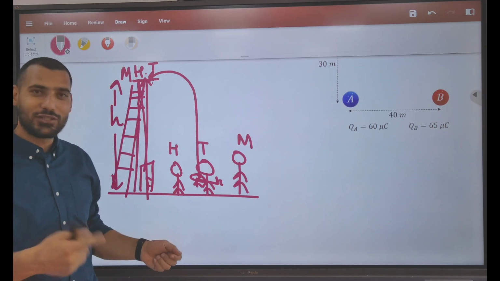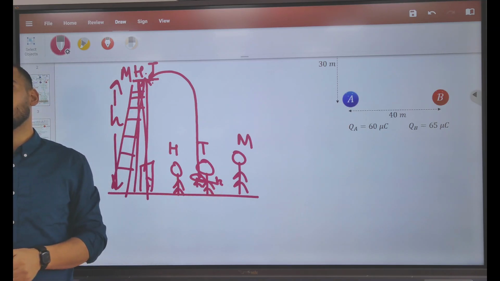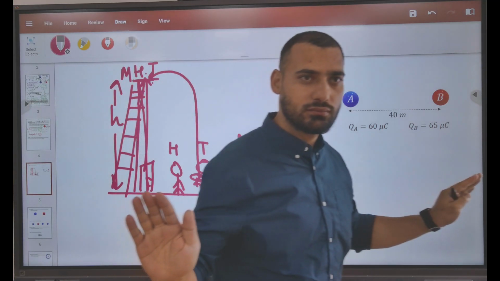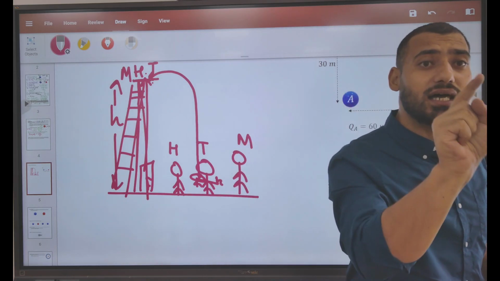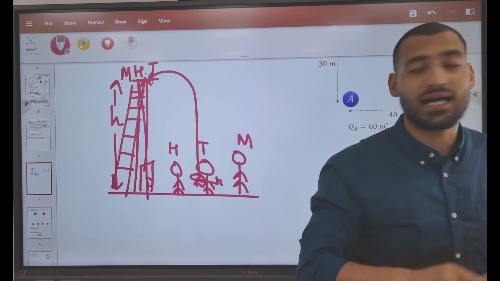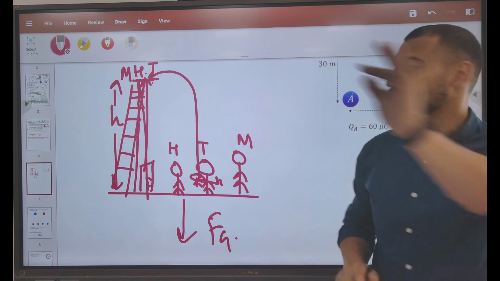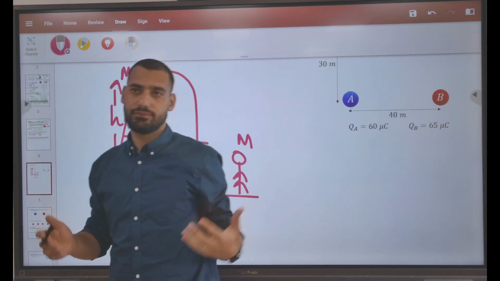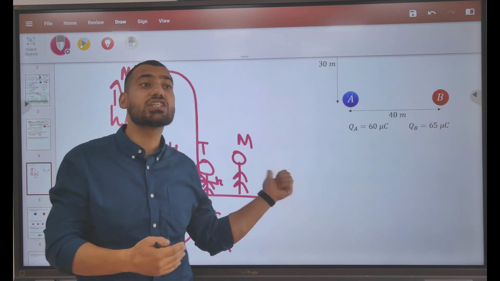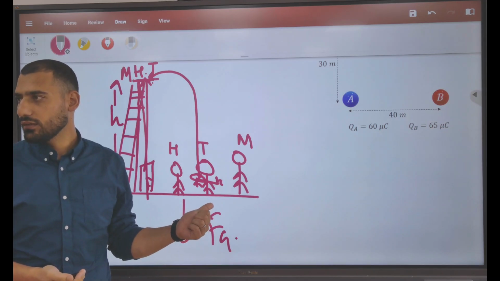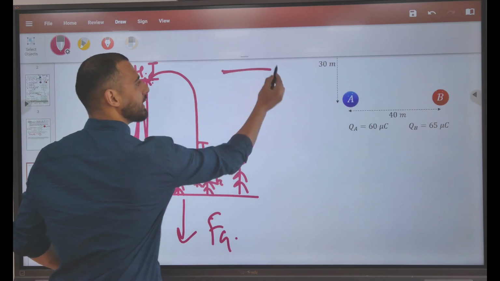Hiba? Because she took some steps, pressing the button and going in. Remember, all of the three have done the same work. Work is not more or less here, because work is being done against a force called the gravitational force. All of them are doing work against this force. Is that fine? And you need to understand that when all of them reach this height h, can you tell